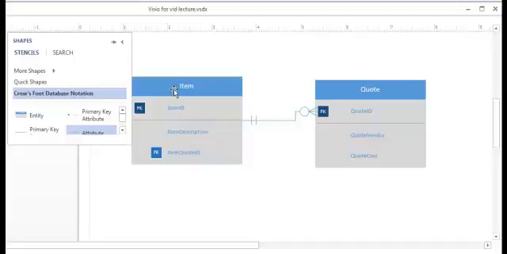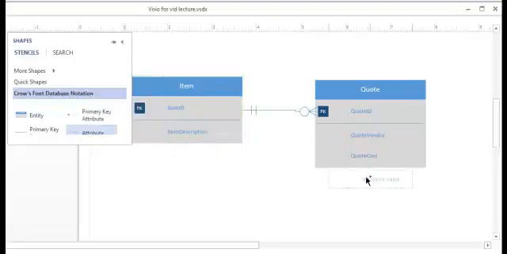Unfortunately, that means that this item can only be related to that one quote ID, and that's not how our relationship is set up. Our item can have more than one quote, so it must be able to be related to more than one quote, must be able to be identified with more than one quote. So one quote ID won't work. That's why we're going to delete this